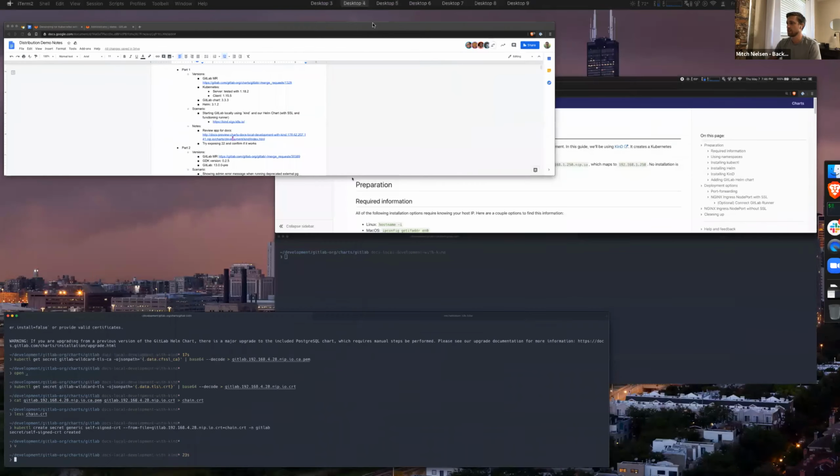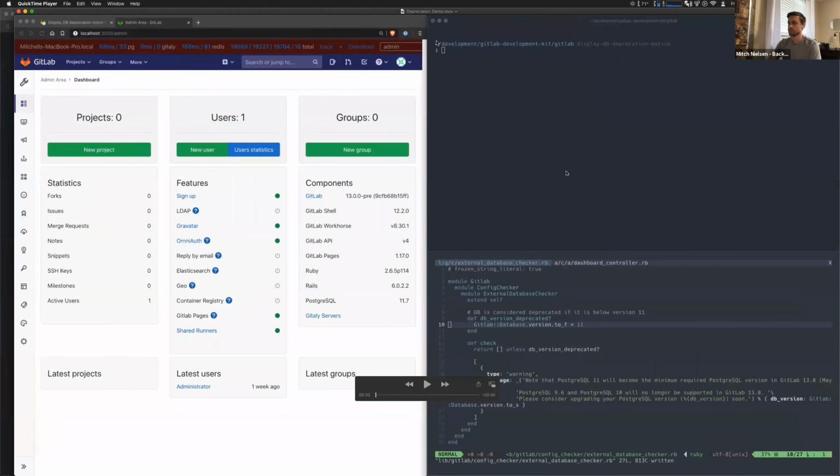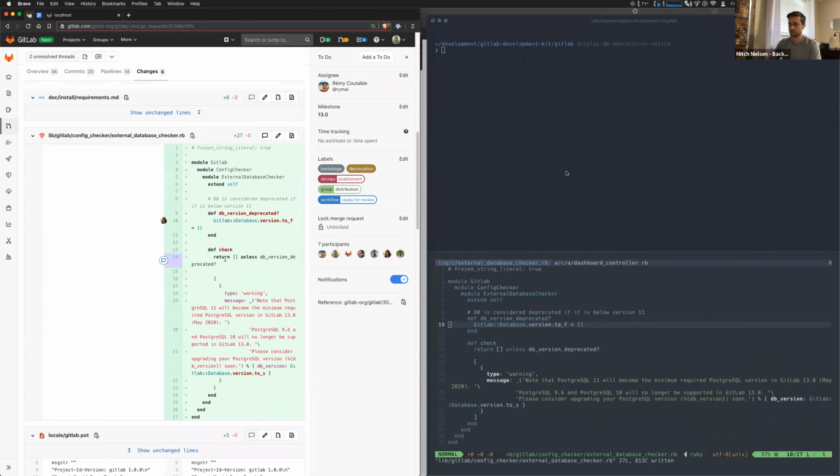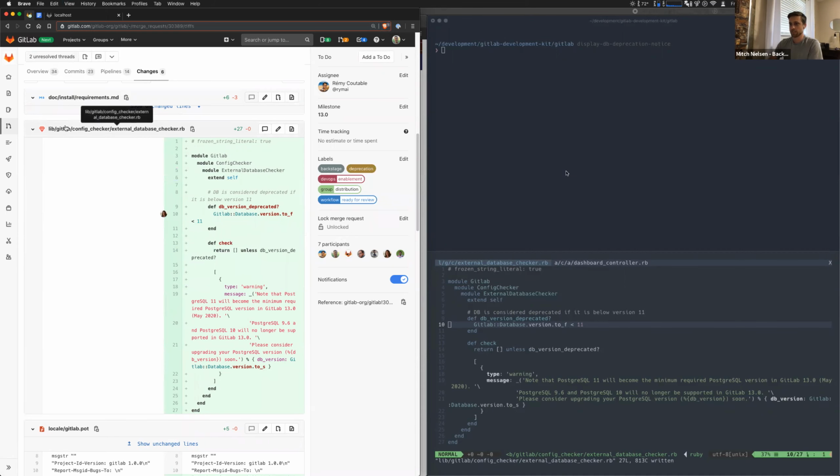Hopefully that helps. And the next one's pretty quick. This is the part of the code base where we can print deprecation notices in the admin control panel. It's pretty straightforward. If you look at the MR, there's a controller. There's already one for, I think, Puma, so I was able to mirror some of this against that, but effectively we just add this external database checker,